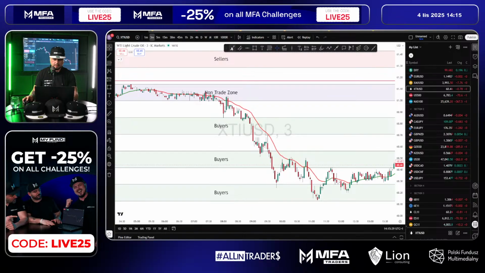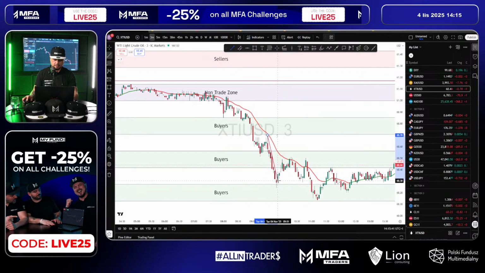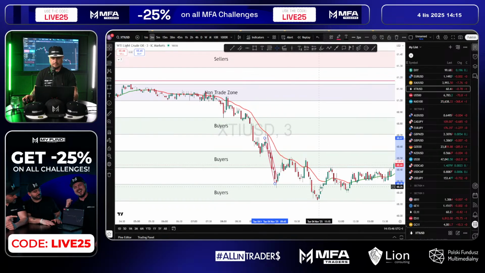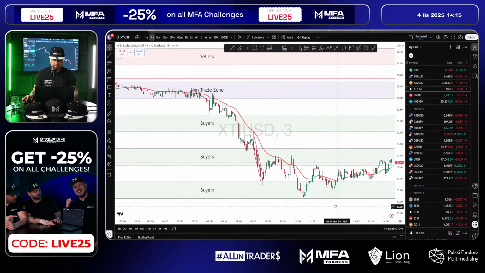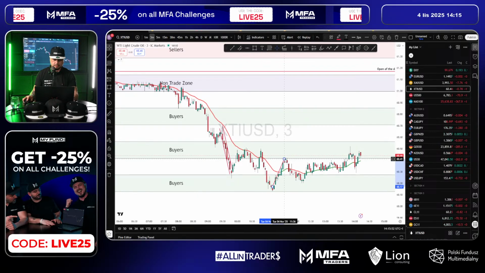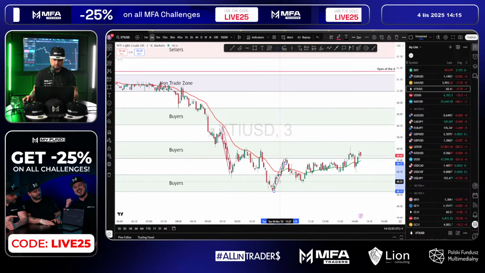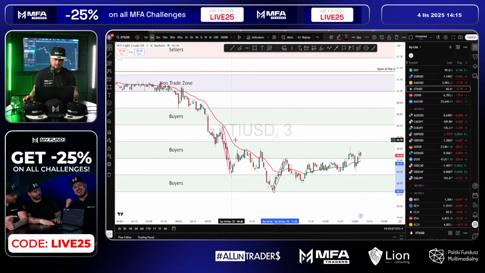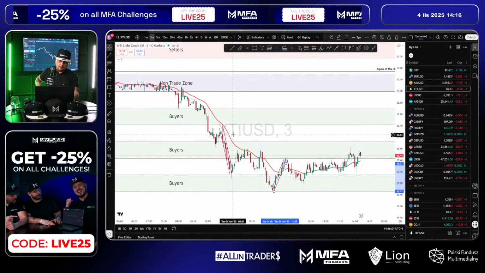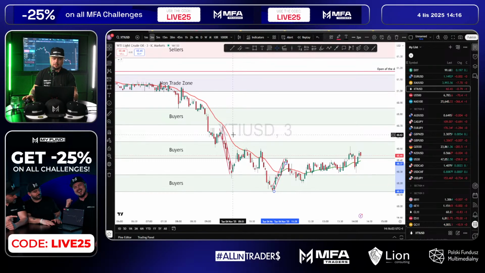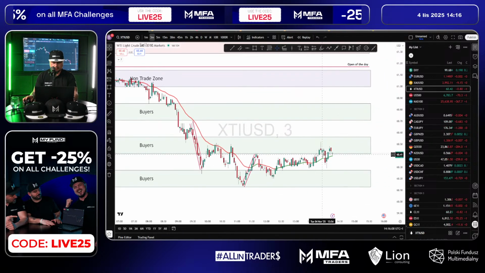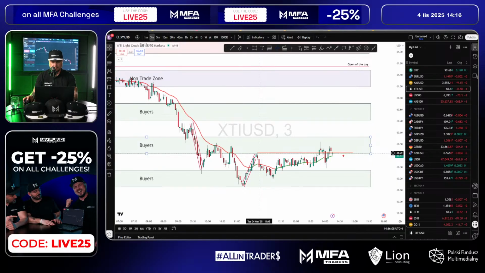Okay, we got rotation over here for sure. Bearish rotation, which is confirmed. Over here, we got bullish rotation. Took only 2 rotations. The market was a bit tricky in the morning. So we got 2 rotations, but we need to look for another one. Bullish rotation is confirmed in this area over here.